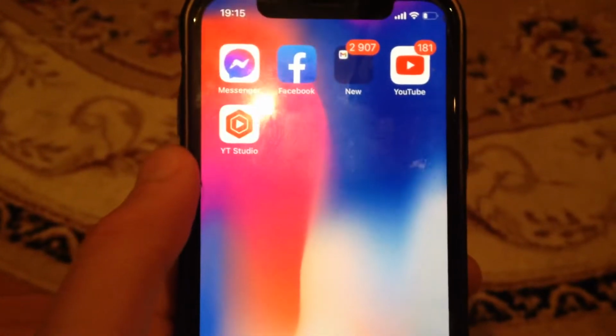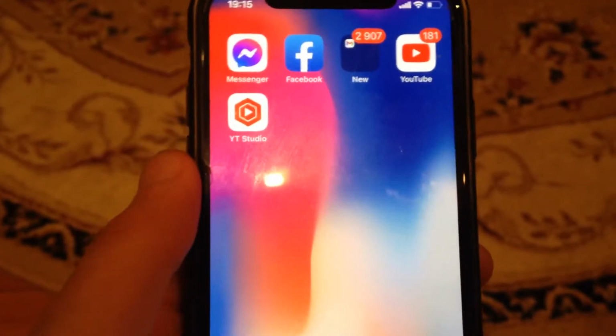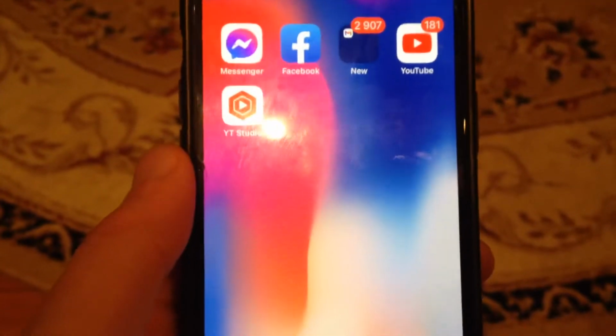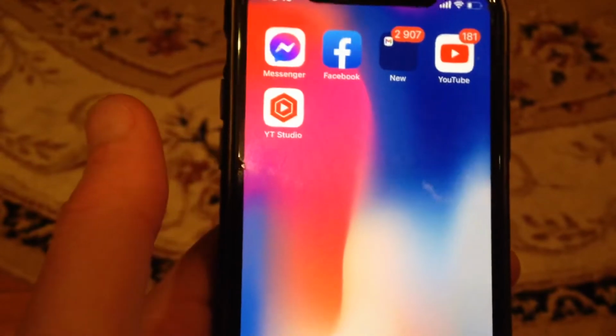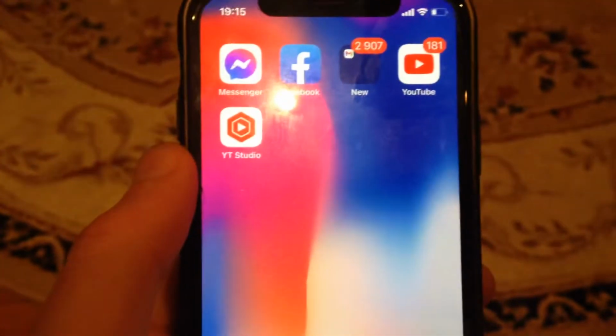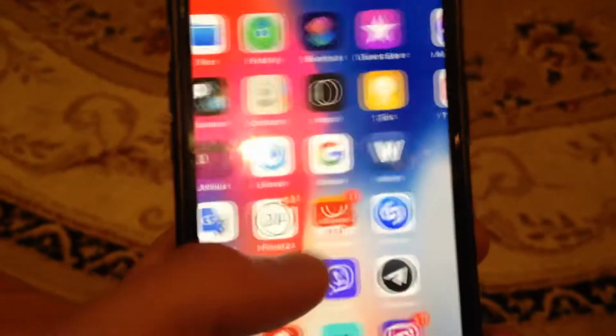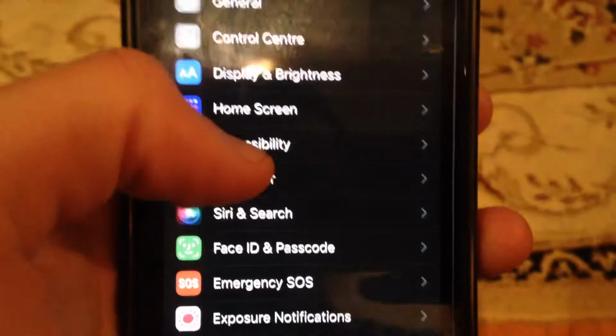So you see on your iPhone "No SIM card installed", so how can you fix it? First thing, just try to take off your SIM card and put it inside again. This is the first way you can try, and if it doesn't help you, just go to the settings,